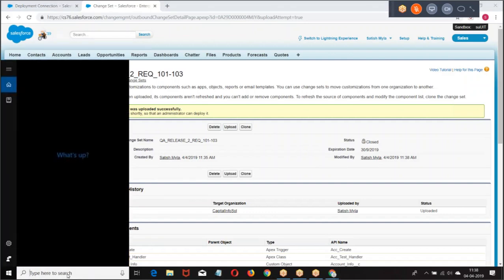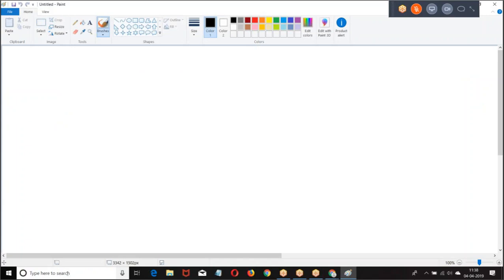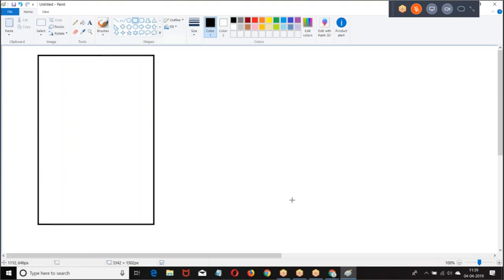So what was the structure here? Now we need to wait for some time. The inbound changes will not be ready yet.